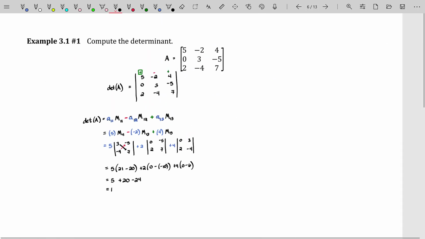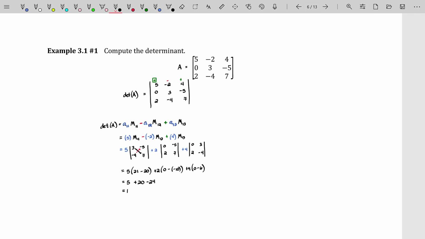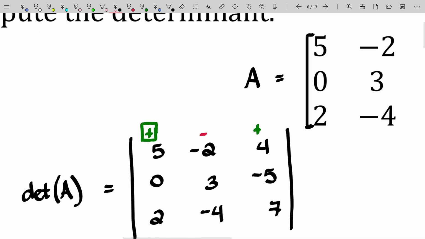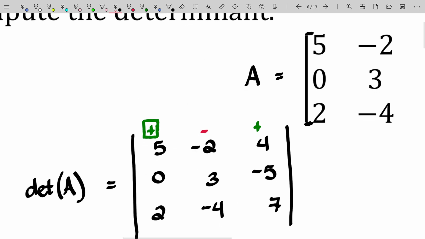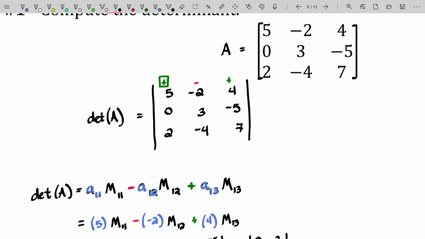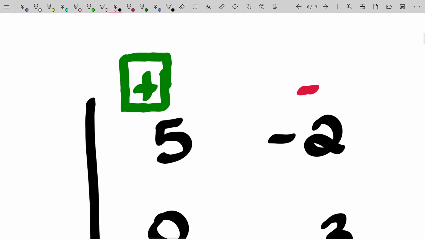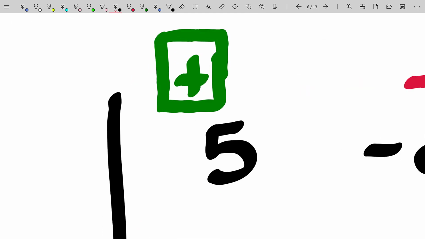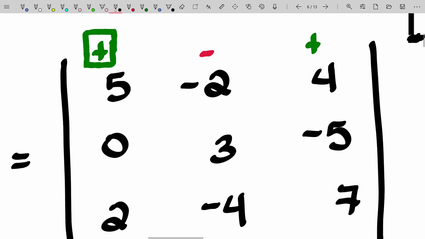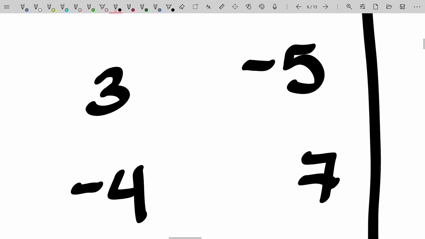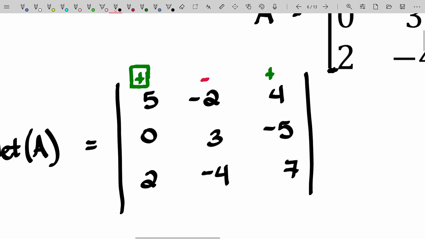So there we go. That's the determinant of that 3 by 3 matrix. And don't you worry, we will do determinants of larger matrices, but this is the basic algorithm. Start by putting that plus minus plus along that first row, and then just start covering up rows and columns. Steal the entry with the sign, so plus 5, and then cover up that row and column, and you will have the determinant of what's remaining. Again, you'll see that